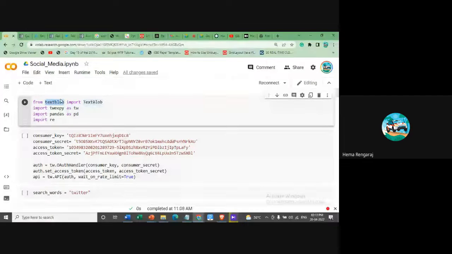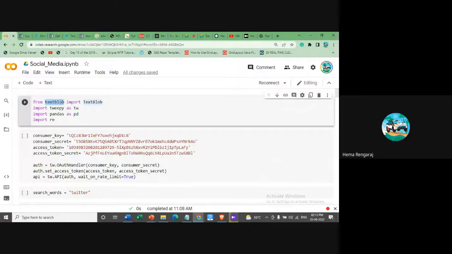So to do our analysis, we can't do it with our inbuilt text. We are going to use the exact text that is circulating on Twitter. For that, you need a Python library for processing textual data, because on Twitter everything is shared as text. Here we are handling only the text. We are not going to deal with pictures or voice commands like that. We are going to process only the textual data.